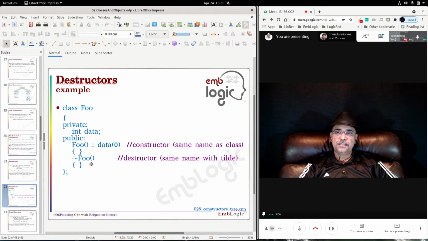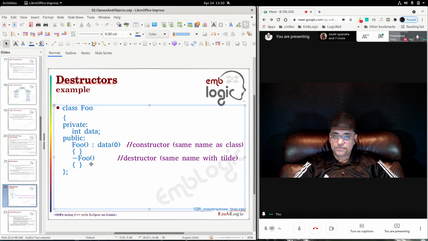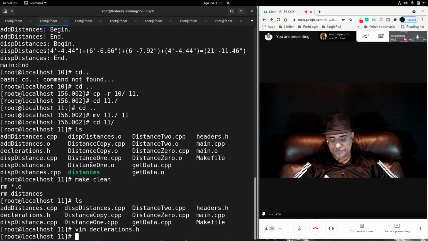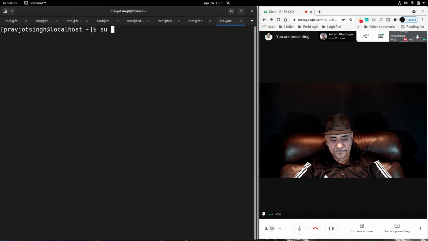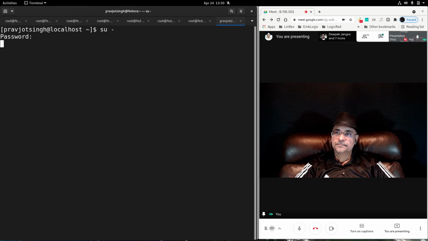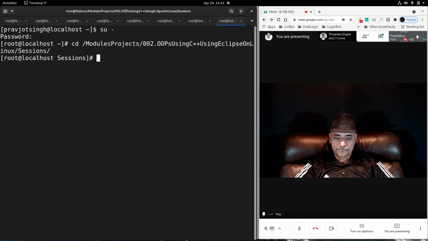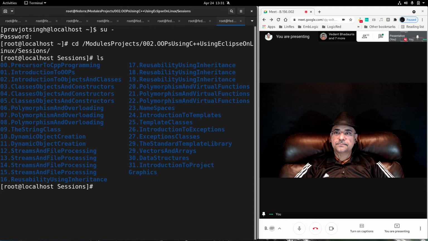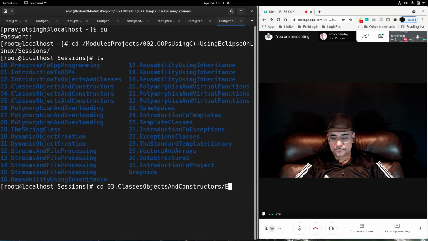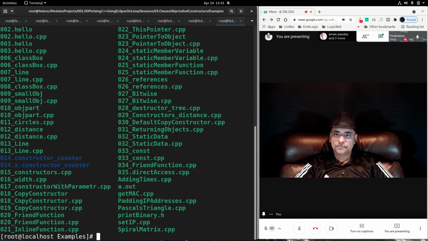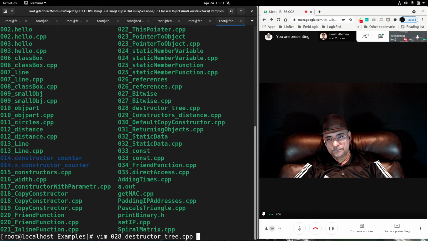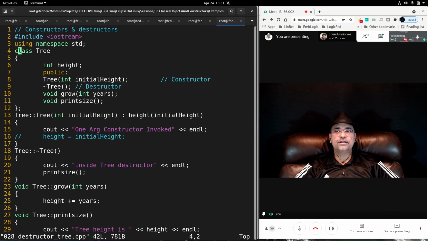Okay, let me show you one more example involving destructors. Have a look at this. There is a class called Tree and the data is the height of the tree.